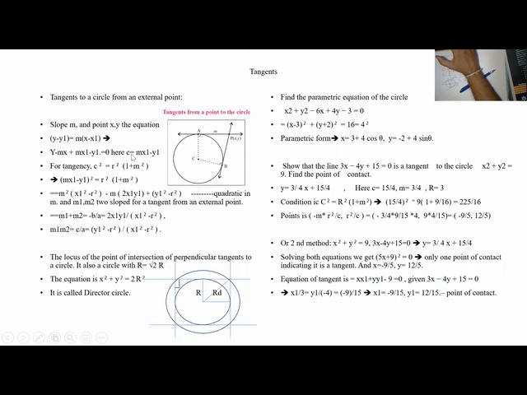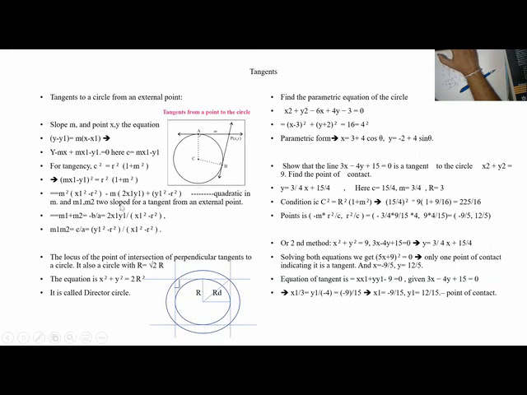Now I am finding this from 0, 0. The center is 0, 0. So c square is equal to r square into 1 plus m square for this to be a tangent to this circle. So what I am getting is c square, mx1 minus y1 whole square, is equal to r square into 1 plus m square. So this is a quadratic in m. That means I have two values of m. One value is for this line, another value is for the other line. So from this quadratic, we can say what is the sum of the roots? Sum of the roots is minus b by a, so 2x1 y1 by x1 square minus r square.